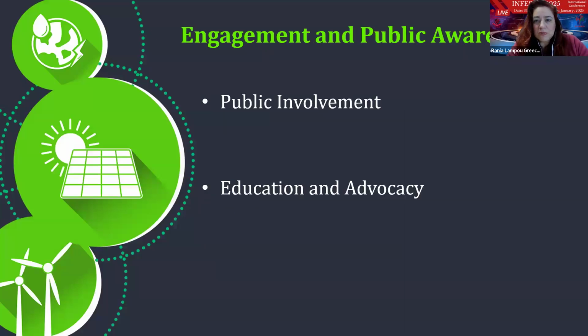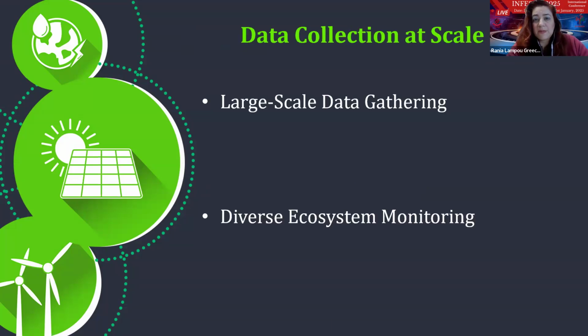It's about also engagement in public awareness, public involvement, because citizen science platforms create opportunities for people to engage with nature conservation, building a broader understanding of environmental issues, more opportunities for education and advocacy. By participation in such projects, citizens often learn about the importance of conservation and can become advocates for policy changes. So I repeat again that citizen science has to do with amateurs and non-professionals, so everyone can participate in these